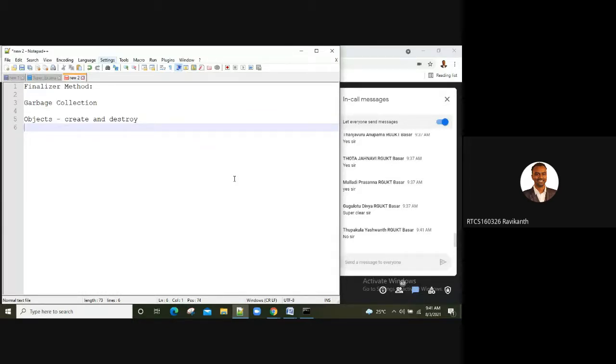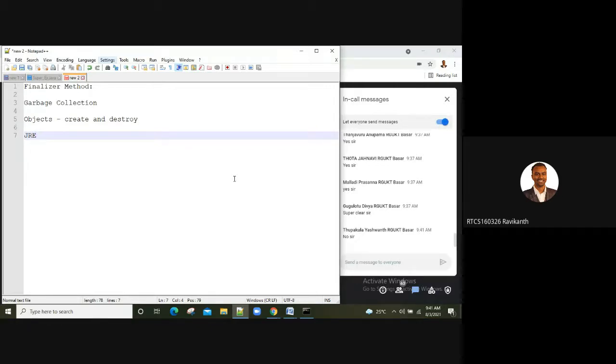We have created them, but we haven't written any code for deletion. Then who is going to do this object deletion, sir? Again, JVM. In the sense, JRE is going to do this entire process. The Java Runtime Environment is going to delete objects when it determines that they are no longer required in the program.